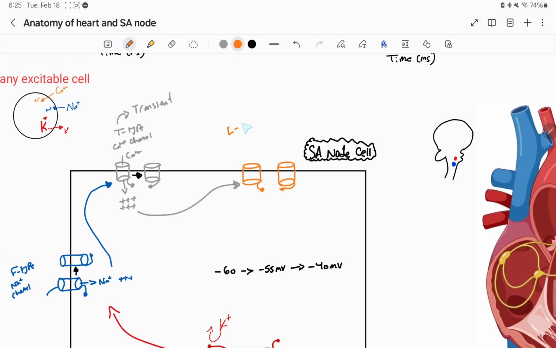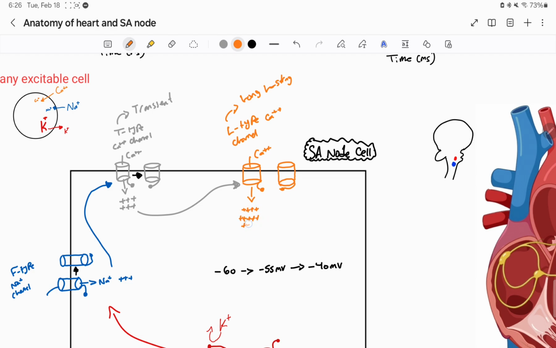It's called the L-type calcium channel. The L specifically stands for long lasting, meaning it's open for a long period of time. And you can see that this guy's a calcium channel, so it's going to bring in some calcium, okay? Boom, and this guy is going to bring in a whole bunch of calcium,